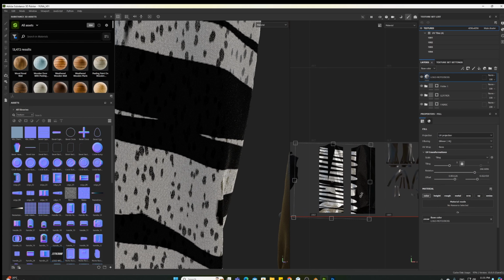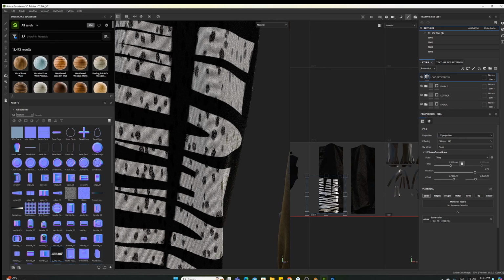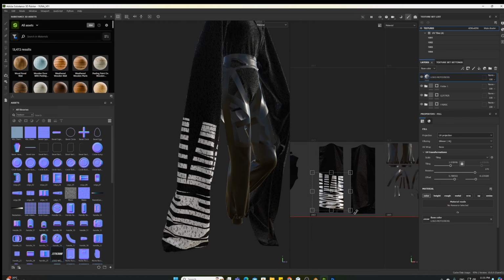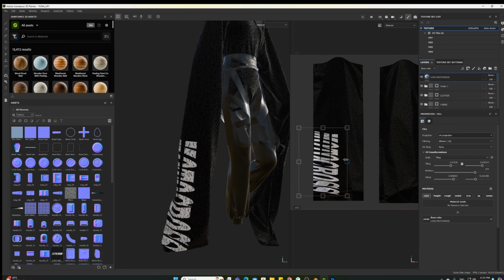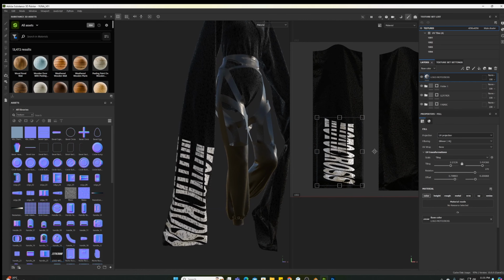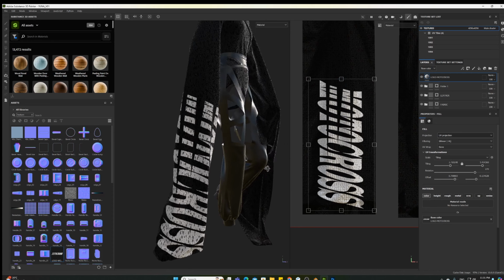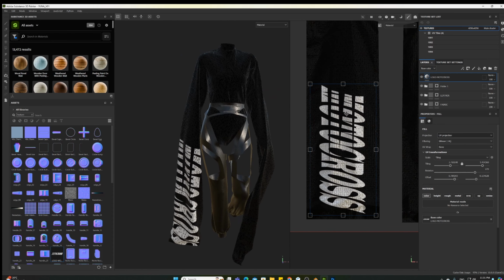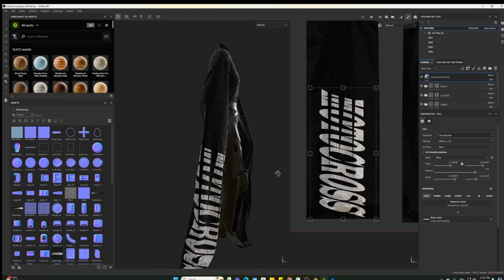So rotate and then scale down, move here. So you can make a texture here, some cross here, like this. I'm gonna create more here. Okay, like this. Good,